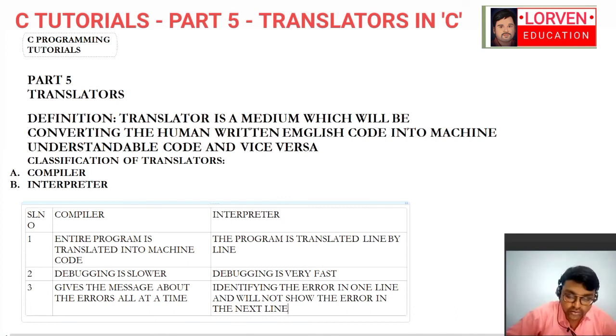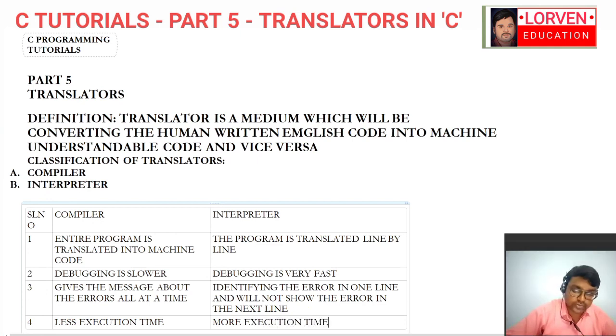Now we go into the last one, where you can easily conclude which is the best, either the compiler or the interpreter. The fourth one is less execution time versus more execution time. If you write a program and give it to a compiler, it will take very little time to execute, and if you give the same program to an interpreter, it will take more time.